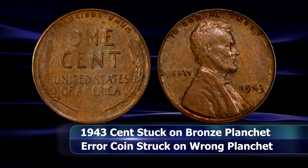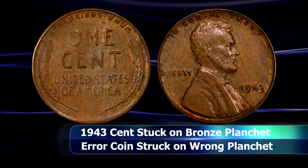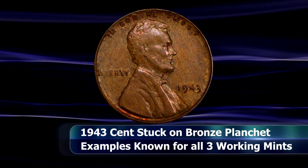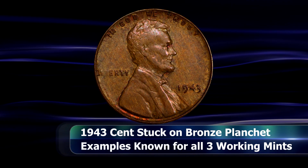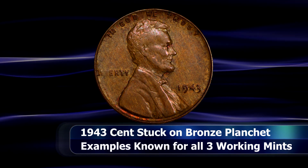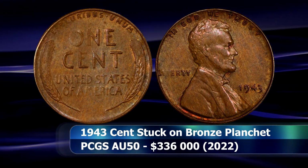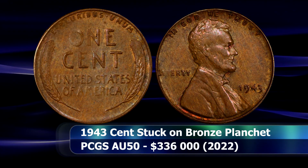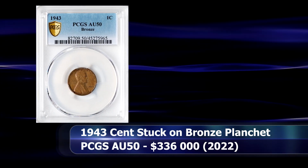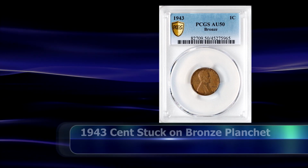Rather famously, there was once a rumor that Henry Ford, founder and owner of the Ford Motor Company, would give anyone a brand new car in exchange for one of these coins. By all reputable accounts, nothing more than a rumor with no foundation in reality, but it did help to popularize the coin's fame, or perhaps I should say infamy, in the minds of the public at large. The current example appears to have made its auction debut. Slabbed by PCGS as AU50, it secured a closing price at auction of